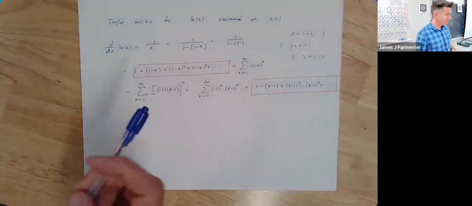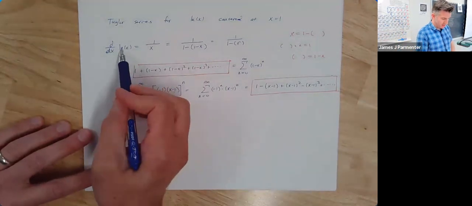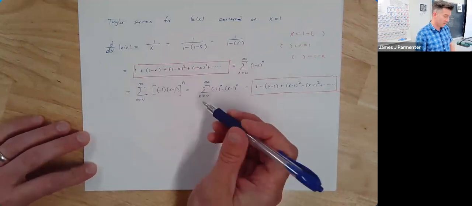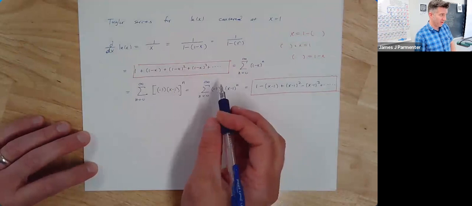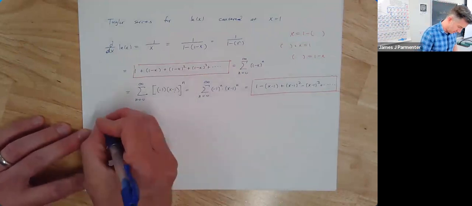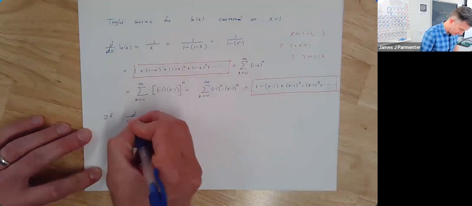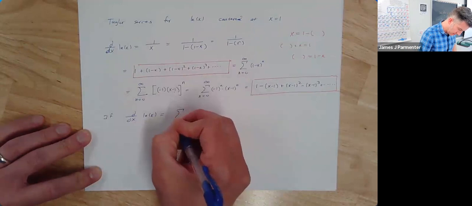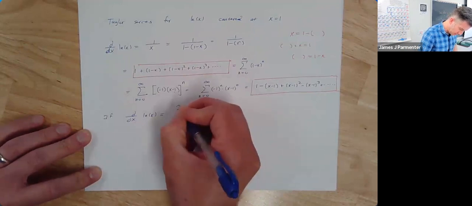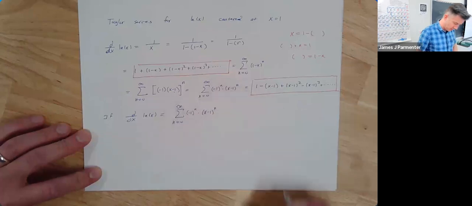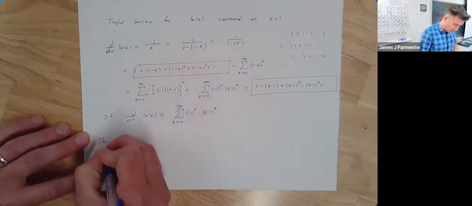So here's the gist. I took the derivative of the natural log to get this. So this whole thing here is the derivative of the natural log. Well, I actually want the natural log, so I'm going to anti-differentiate both sides. So if the derivative of the natural log of x is equal to the sum from n equals 0 to infinity of -1 to the n times x minus 1 to the nth power, then we can, before I do that though,